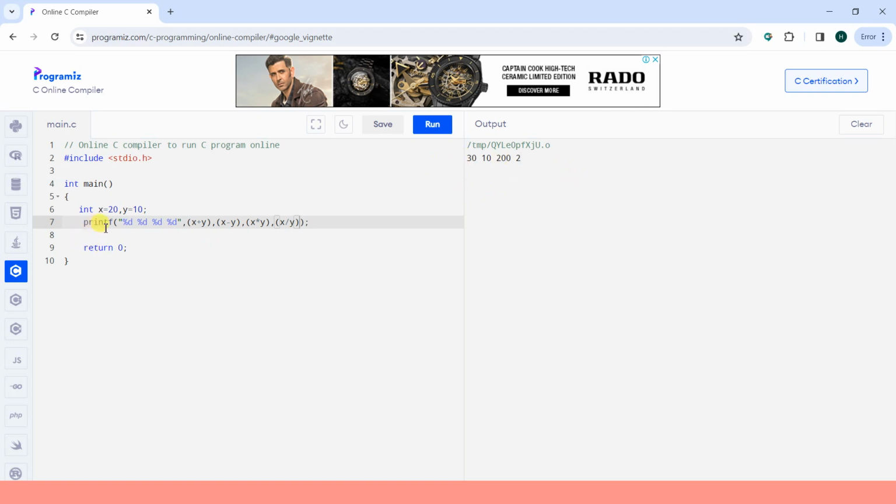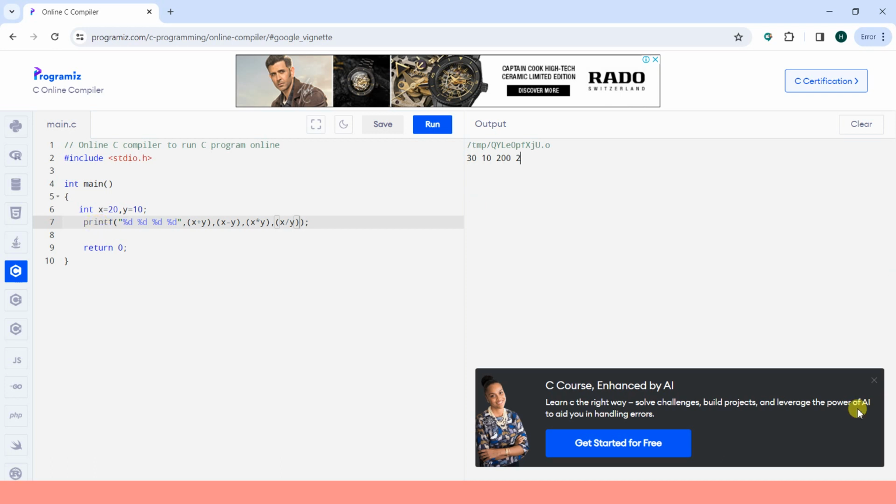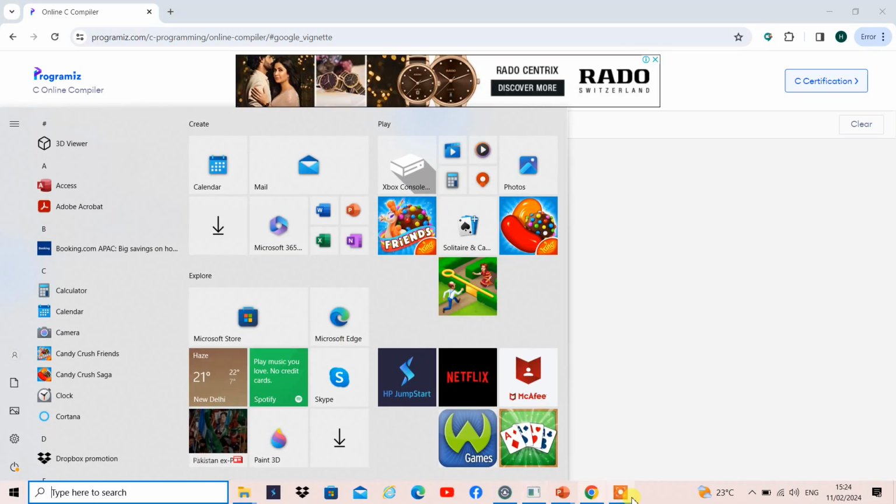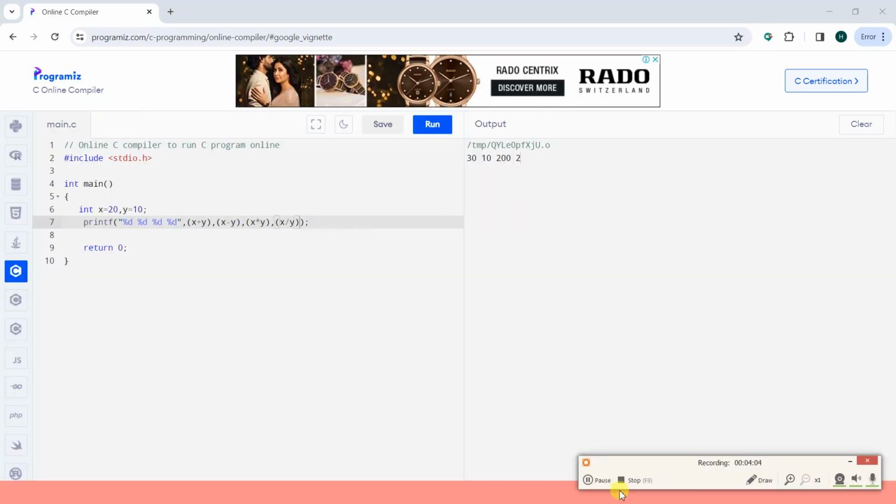In this way, in a similar way as the previous one, this program is run, and in this way you can run many other programs. Then returning to our presentation,